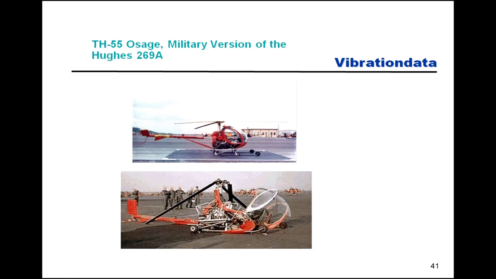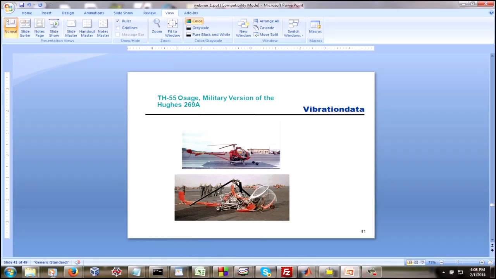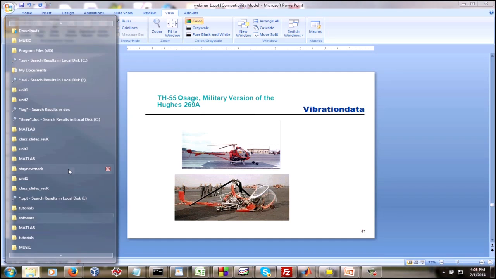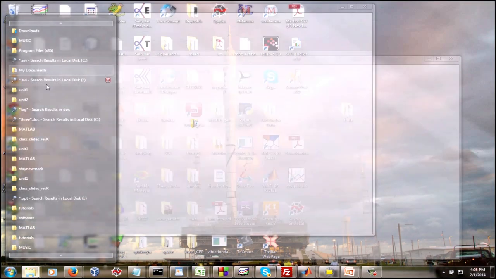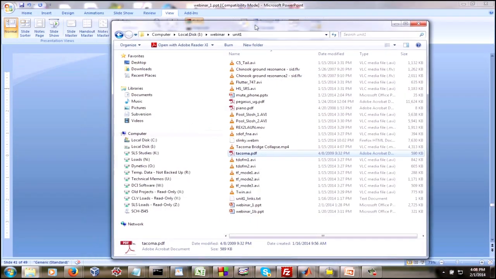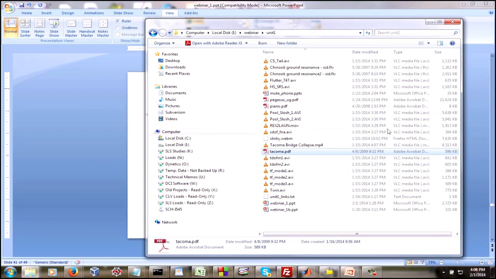Well, in the bottom, the helicopter just had a catastrophic failure, and it was due to a ground resonance effect. So this can be very serious when it occurs. And we've got some fun videos to look at. You can actually go to YouTube and look up some videos yourself, but I'm going to show you an example